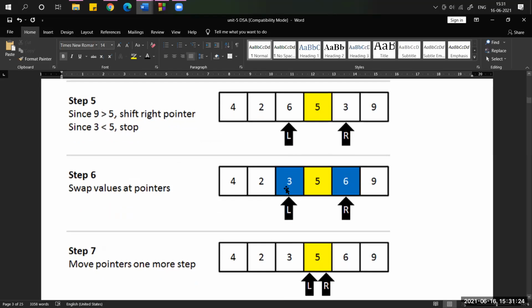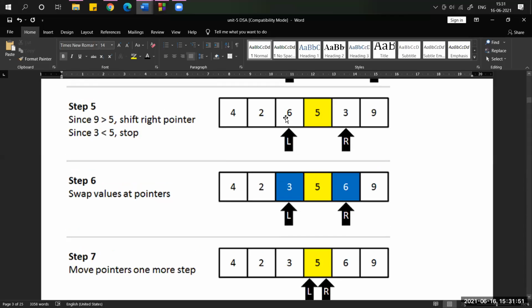We simply follow the swapping method. The swapping function should be executed. Which two numbers do we have to swap? The left pointer value and the right pointer value should be swapped. So after swapping, at this step 6 goes here, 3 comes here.